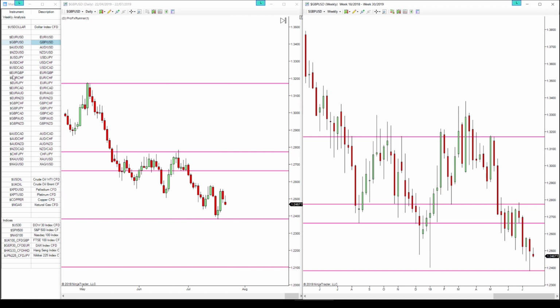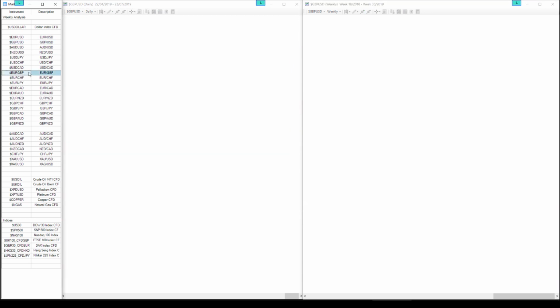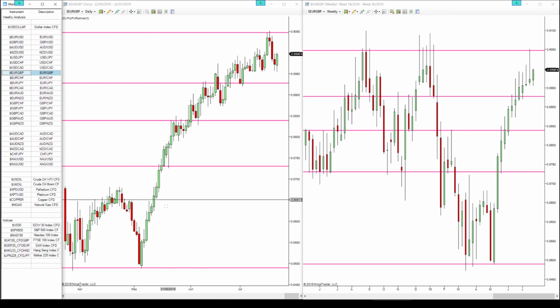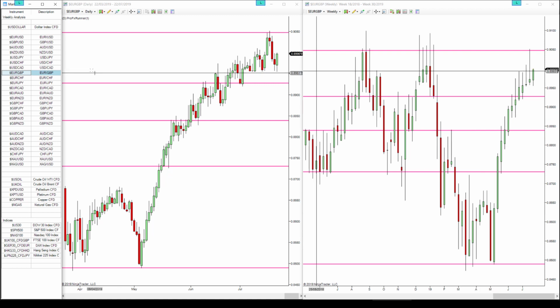Also, comparing this, let's have a look at GBP against some of the other pairs. We can see that recently the euro has increased in strength over the pound. If we look at it on a weekly perspective, the price has just been heading continually higher. We had a strong rejection candle last week. It is encountering some strong resistance at 0.9, and it's certainly overdue for a bit of a retracement on that time frame at that level. That's something I'll be keeping an eye on, certainly due for a deeper retracement, but it is looking inherently as though the euro is strengthening against the pound.